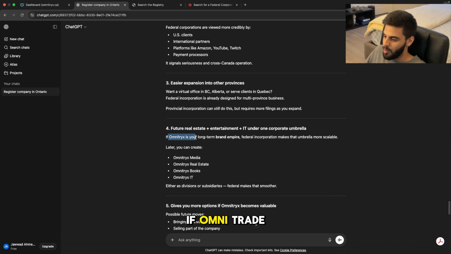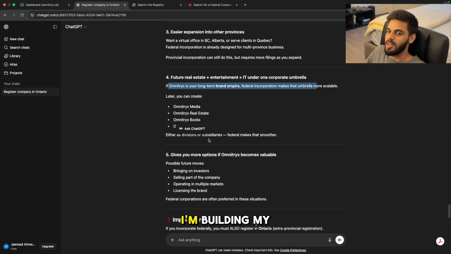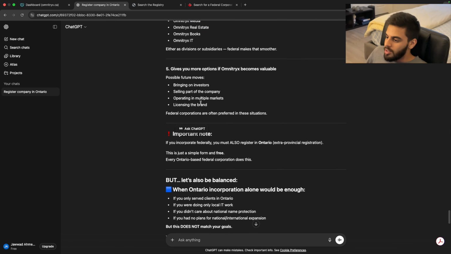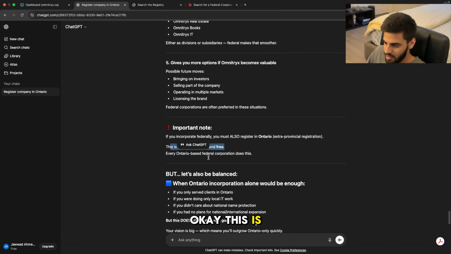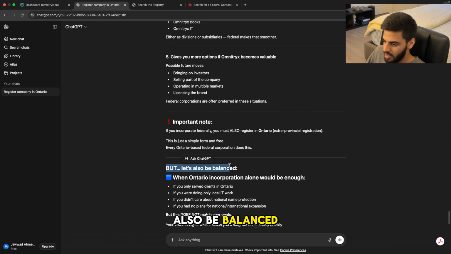Yo, this is cool. If Omnitrix is your long-term brand empire, that's right, guys, I'm building my empire. It gives you more options if Omnitrix becomes valuable. Let's hope it does. Possible future moves: selling part of the company, licensing the brand. Important note: if you incorporate federally, you must also register. It's just a simple form and free. Okay. But let's also be balanced.